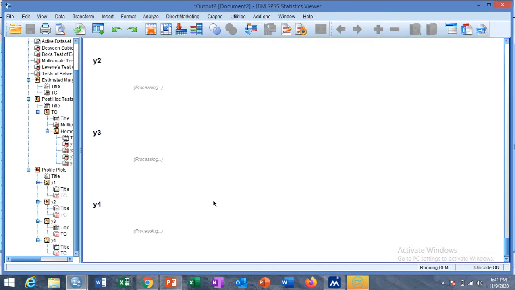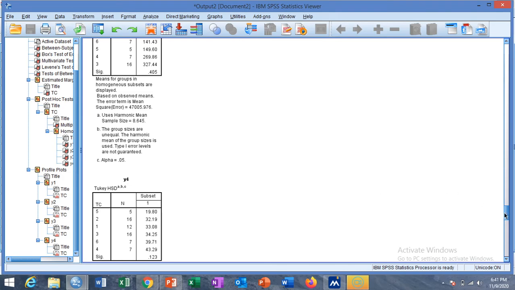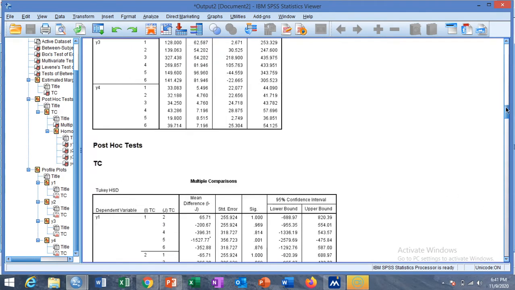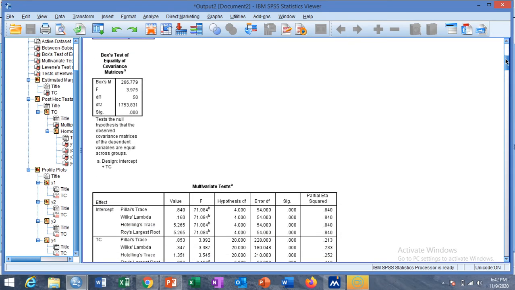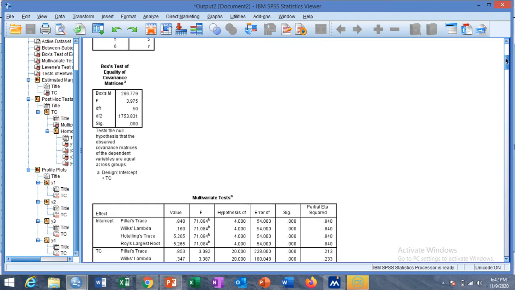This is your SPSS output for multivariate analysis of variance. This is the general linear model. Here we perform the Box's M test to test the equality of covariance, which shows a significant difference. It tests the null hypothesis that the observed covariance matrices of the dependent variables are equal across groups. So the significance shows that the covariances are not equal between the groups.